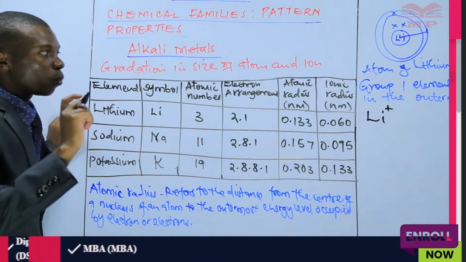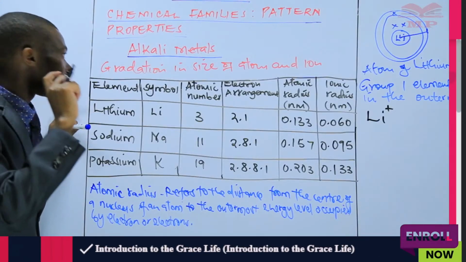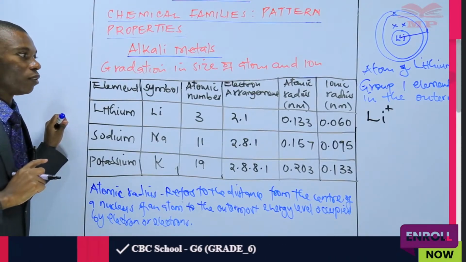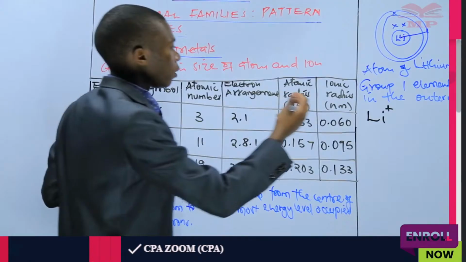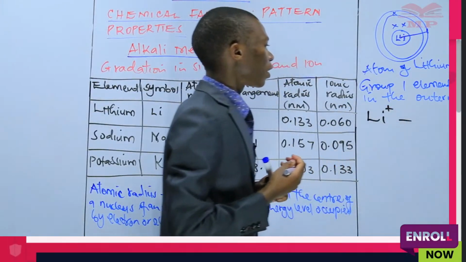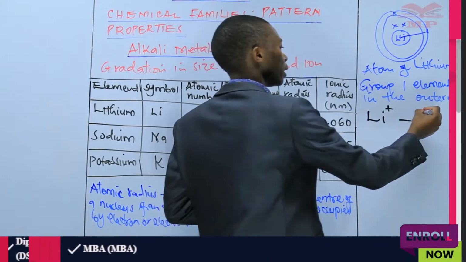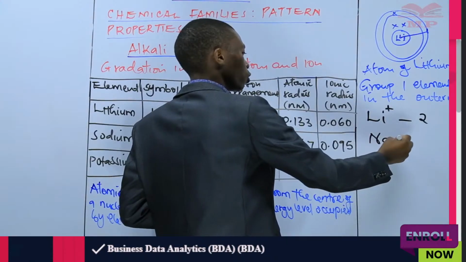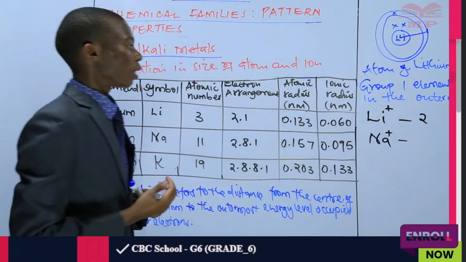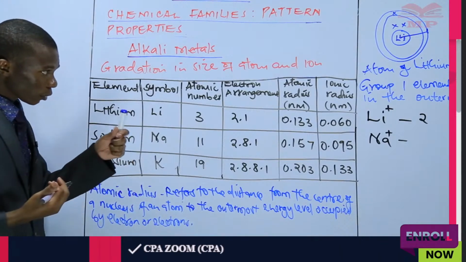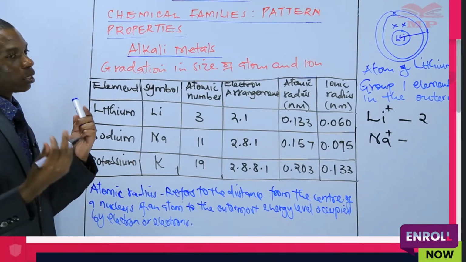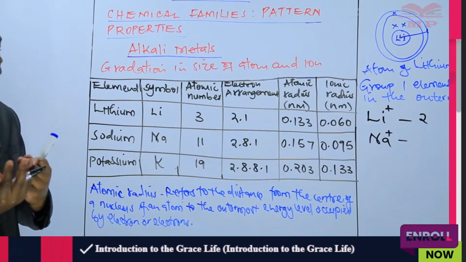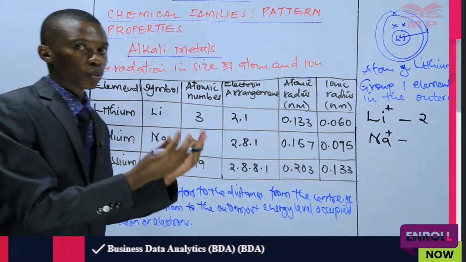Therefore, the net charge when lithium or any alkali metal loses 1 electron is positive. The configuration, or electron arrangement, of this lithium ion will be 2. Then we have sodium. When sodium loses 1 electron, it also becomes a sodium ion with a charge of positive, because after losing 1 electron, it has 10 electrons remaining and 11 protons in the